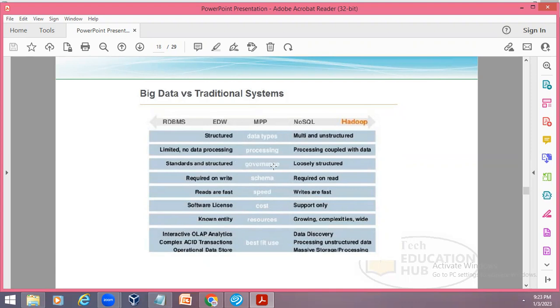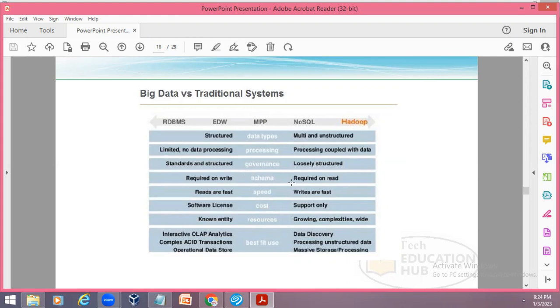Fine. Going to the next, governance. When it comes to the RDBMS, because RDBMS is pretty mature, it has many governance compliance features. But when it comes to the Hadoop system, we do not have that much secure governance. Nowadays many companies like Hortonworks or Cloudera introduce tools called Atlas or Falcon. With that, they are giving governance. Otherwise, we do not have very structured or definite governance in the Hadoop system. Okay, clear on this?